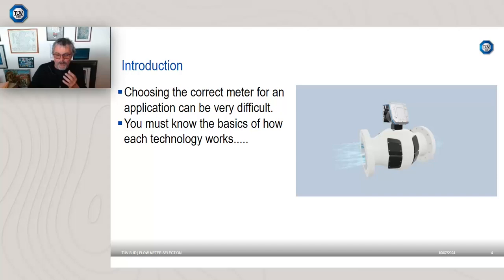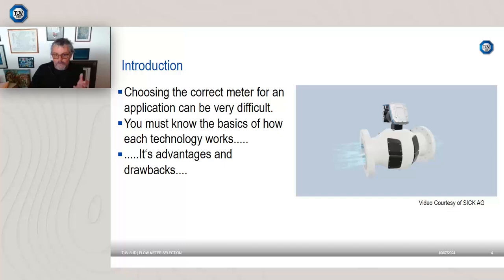So it's important that the person who's making the selection, along with his team, his colleagues, and his vendors, understand the basics of how each technology works. For example, on the right-hand side there, we have a SEEK multipath ultrasonic flow meter. You have to know the advantages and drawbacks of each type of meter,